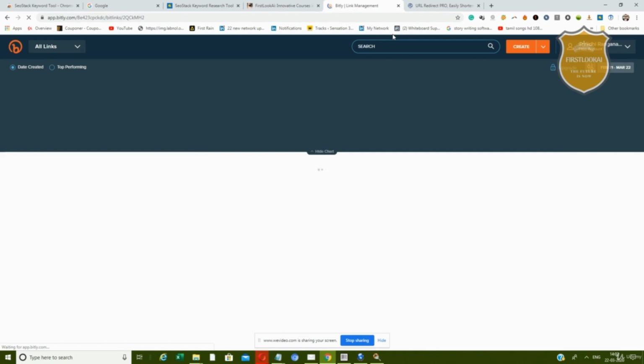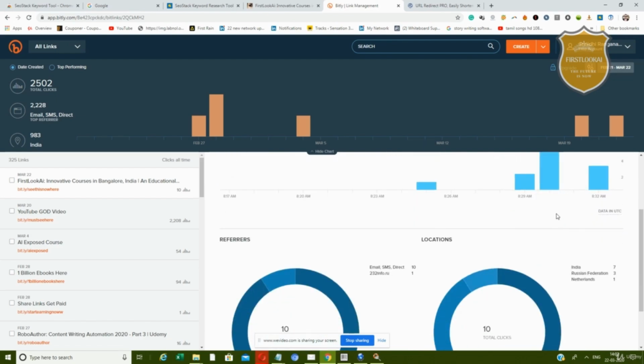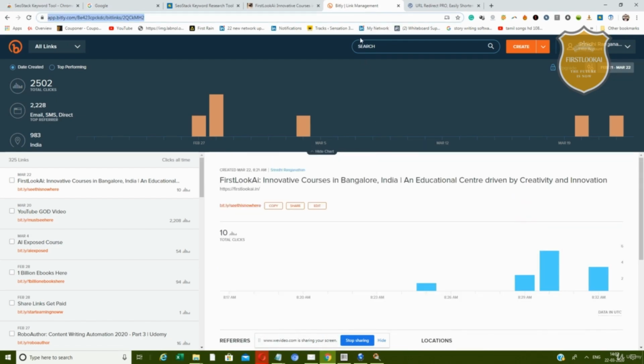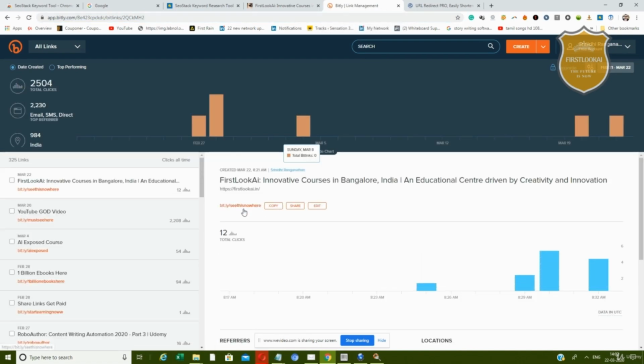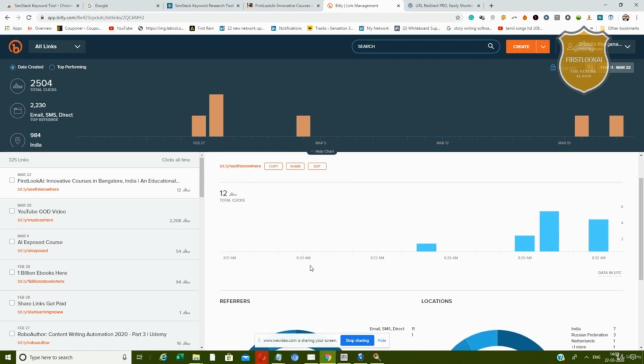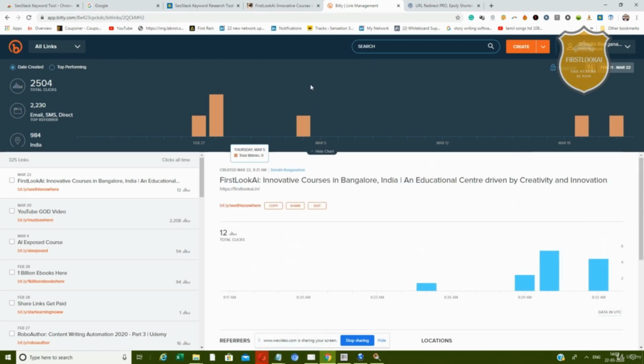And now 10 clicks coming in, 8 plus 2 is 10. Russia got 3 clicks. It's all 12 clicks coming up. Great, it's running. One more country is coming in and joining the action. Okay, 12 clicks.